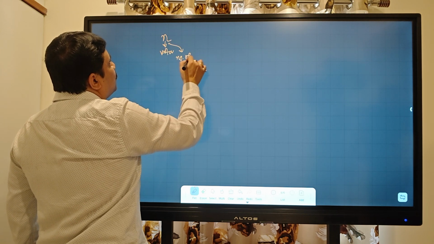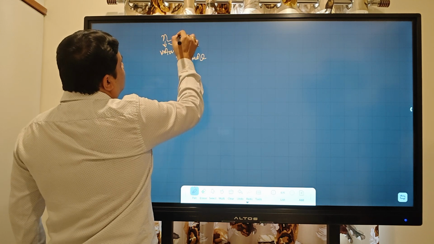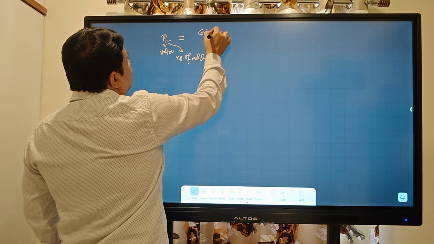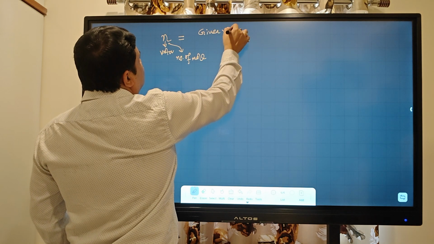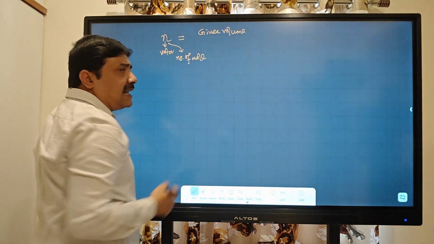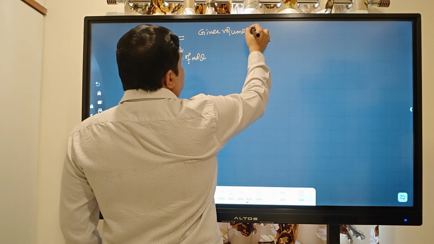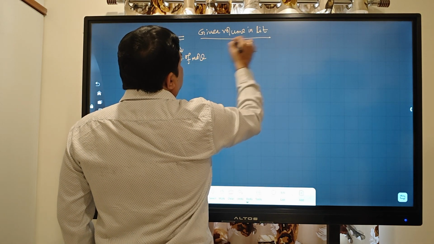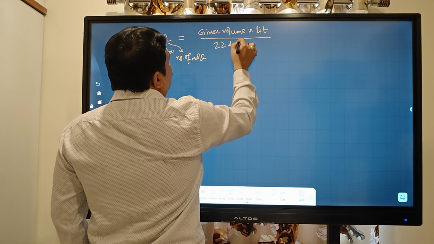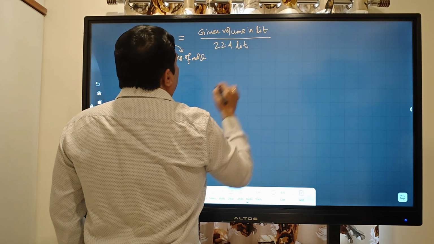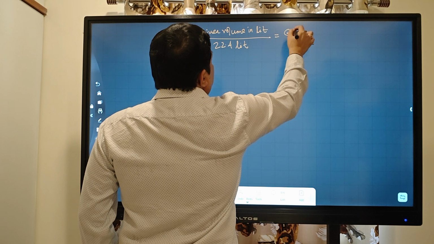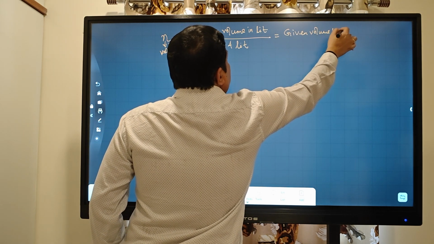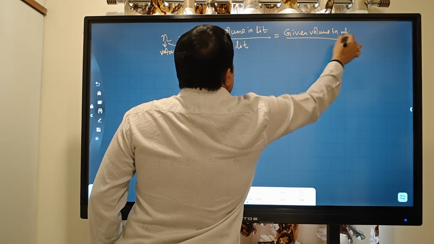Number of moles, small n, equals the given volume, especially for gases, in the problem. Given volume in liters divided by 22.4 liters, or given volume in ml divided by